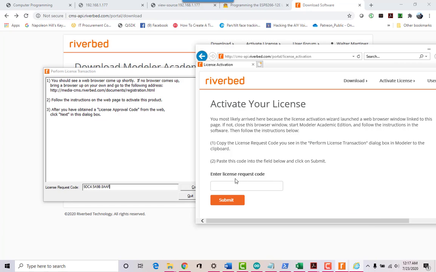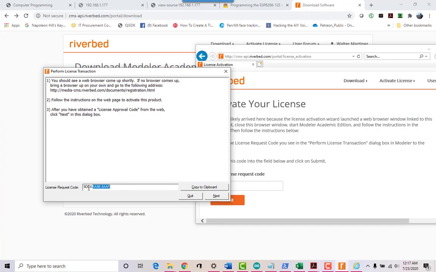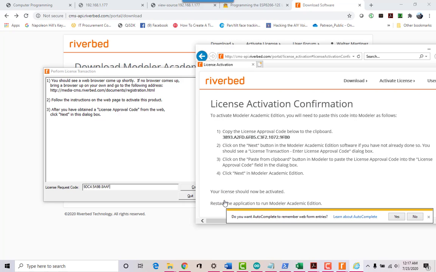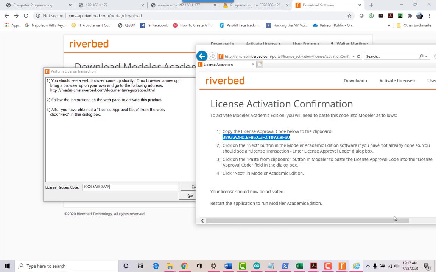Okay. Enter the license request code, which is this guy here. Copy that. Copy to clipboard. Paste it into that. Click submit. And you're given a code. Okay, so copy that. Click on yes here is fine.